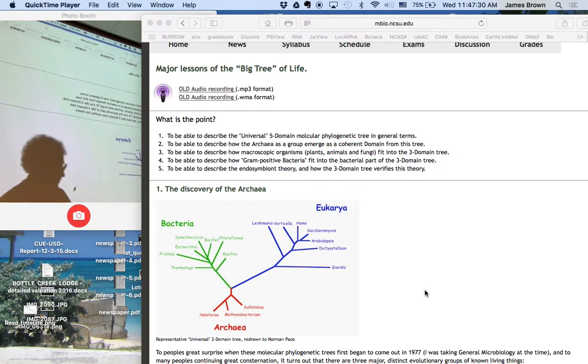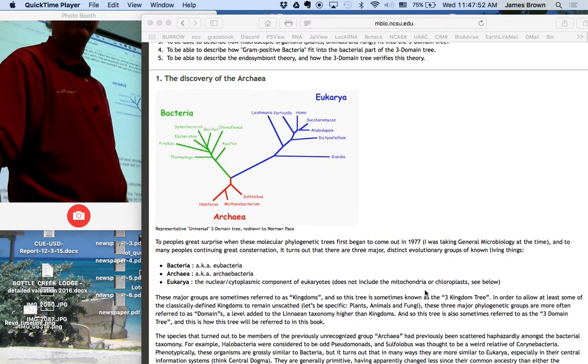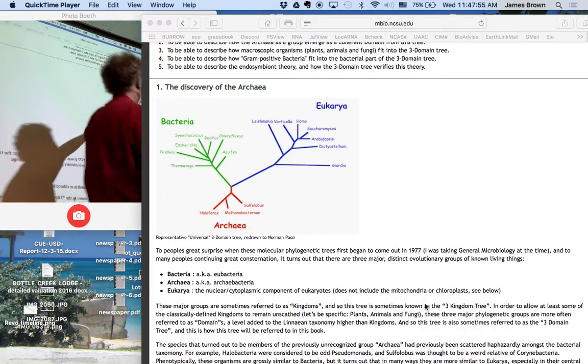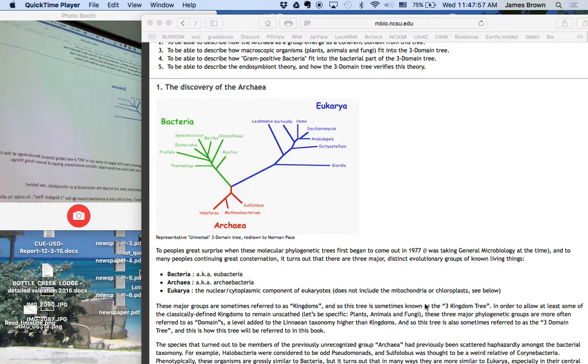Okay, so we have talked fairly theoretically about tree construction, or used some minor examples. The question then is what happens when you actually create these kinds of trees with all kinds of living things? What's the result in reality of this tree building process? And that result is shown right here. And you've seen this before. This is the three-domain tree.